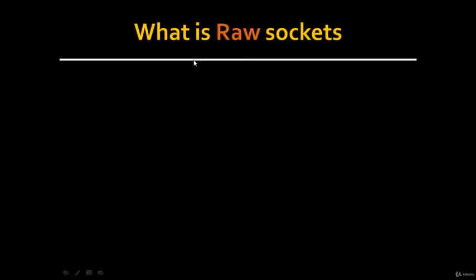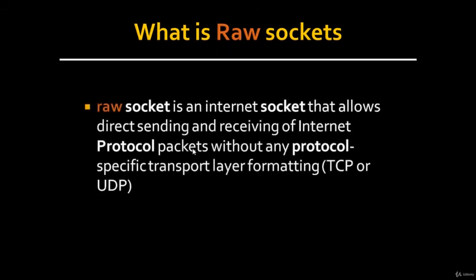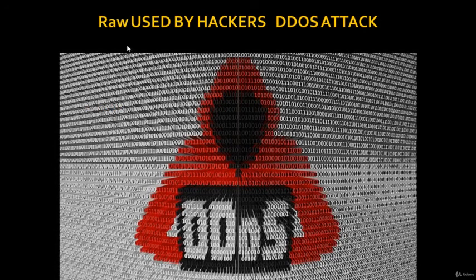Now, there is another thing called raw sockets. What is a raw socket? A raw socket is an internet socket that allows direct sending and receiving of internet protocol packets without any protocol-specific transport layer formatting. So we will not use either TCP or UDP. We are just sending and receiving without any protocols. Now this is very important. This raw socket is used by hackers